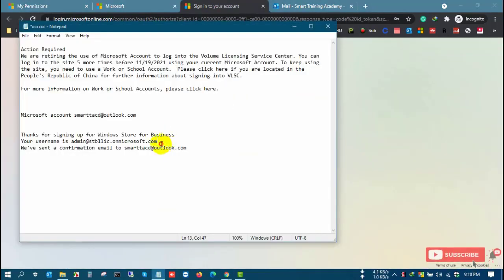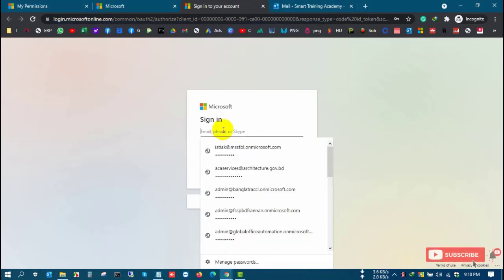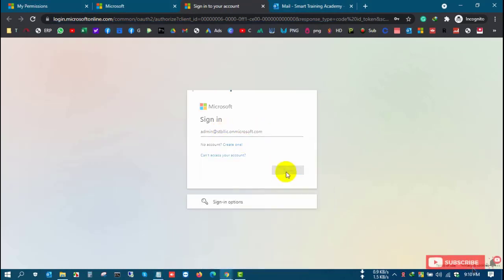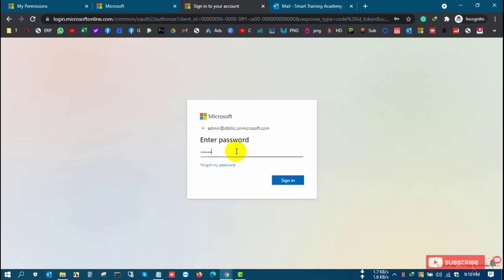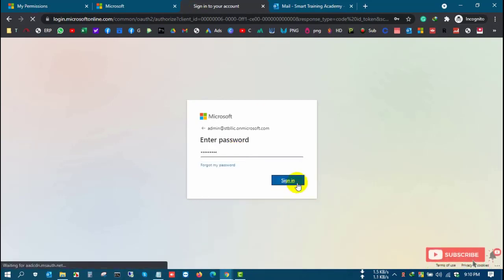Here you need to sign in with your new account, the admin account or Microsoft 365 account or Azure account. I have the Microsoft 365 account, and I input it and sign in.